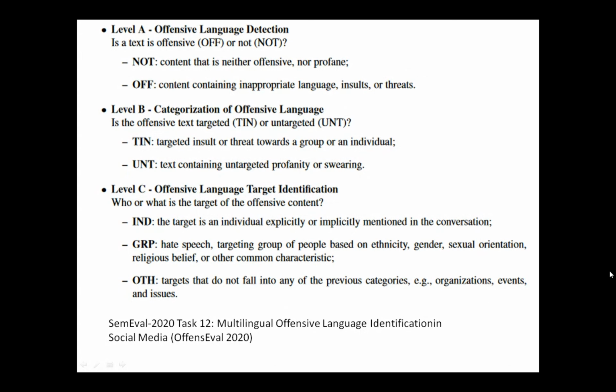So the first level is from a piece of comment, a Facebook comment or Twitter tweet or WhatsApp message. We need to identify whether the content is offensive or not. That is the first level of tagging. Second level, if it is offensive,